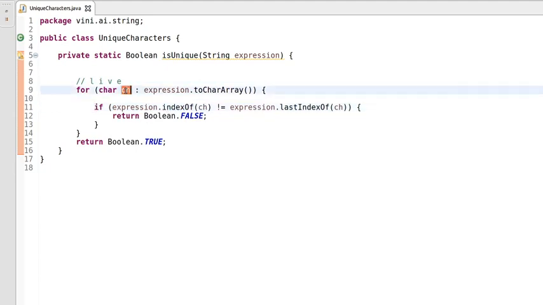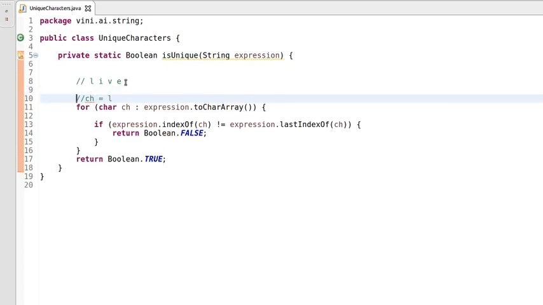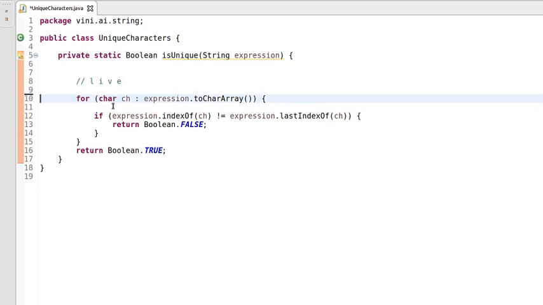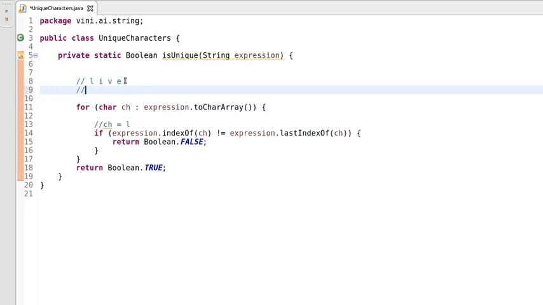So let's say ch is pointing to L, and let's pass the ch here for better clarification.